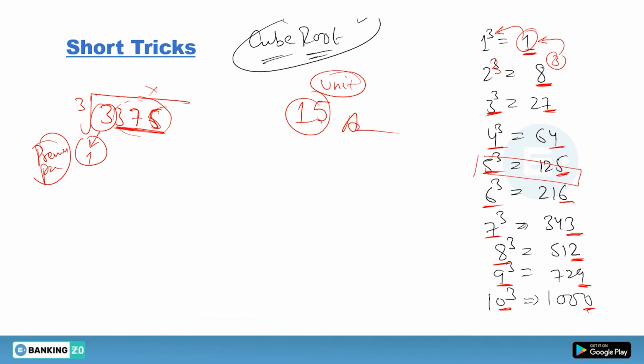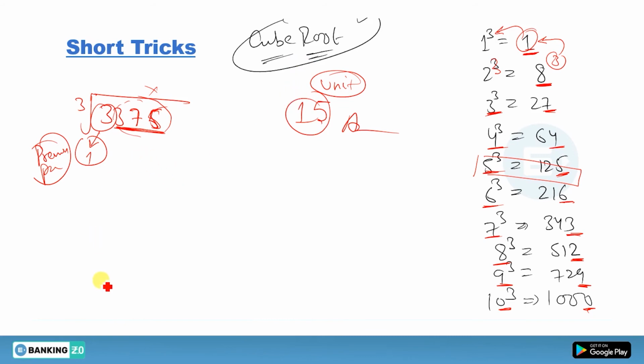This is quite simple. Not as confusing as square root. This is simple because you have only one digit here. In the case of square root, you have two numbers with the same unit place, so you have to choose between two numbers. But in the cube root, there is no such case. You have only one single digit assigned to a particular digit.